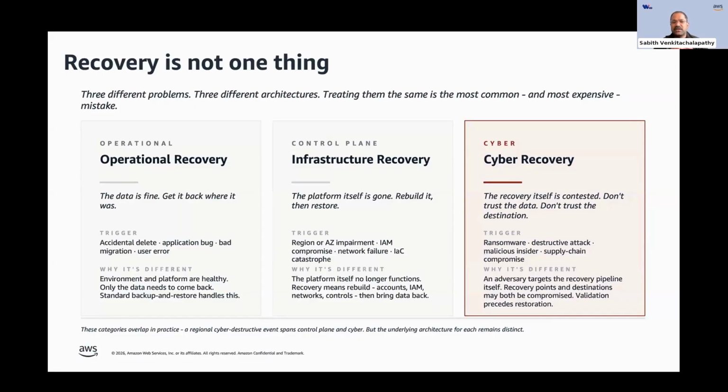The same RPO concepts that you would apply for operational recovery cannot be applied for infrastructure recovery for simple enough reasons. If a region becomes unavailable, and you rely on a copy of the data in a different region, you would have to consider the expectations of restoring in the other region, or having to move the data back from the other region to the primary region after the source region has recovered and then try to restore. So there is additional overhead in terms of moving data or executing a particular recovery process in the destination region. That's something that will differentiate your RTO for an operational recovery versus an infrastructure recovery.